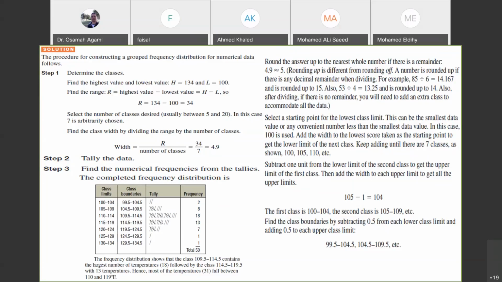As well as the boundary values. Instead of just being suspicious about the 105, whether it lies in this class or this class, you have to get rid of your suspicion by using the class boundary. Is it clear? Once you divided your data into class limits,